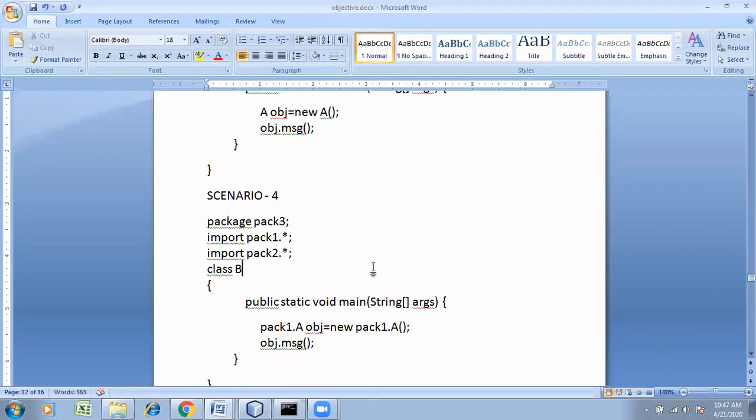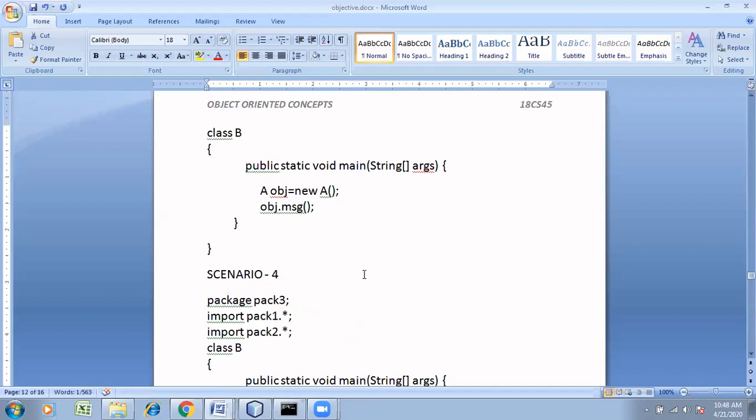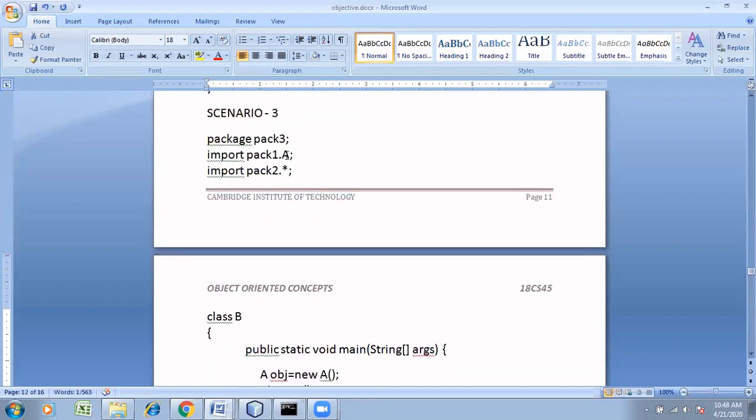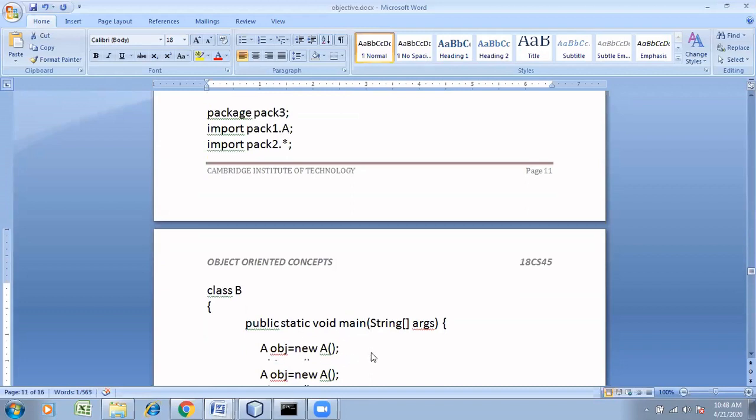Right? Yes. So when you import both packages, you have the same class. If you put star, no problem. But when you try to use it, you have to use fully qualified name. Supposing that you have used pack1.a and in pack2 also A is there. When you create a reference for A, it will automatically take from pack1.